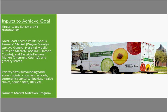The inputs of the project are the resources and our partners that will help contribute to the goal of this initiative. Inputs for this project include, 1, the Finger Lakes Eat Smart New York nutritionists, who will be delivering the direct education. 2, local food access points, where local fruits and vegetables are being sold. And FLESNY, or again the Finger Lakes Eat Smart New York program, selected 3 to work with to start our project, which include the Sodus Farmers Market, which is in Wayne County,